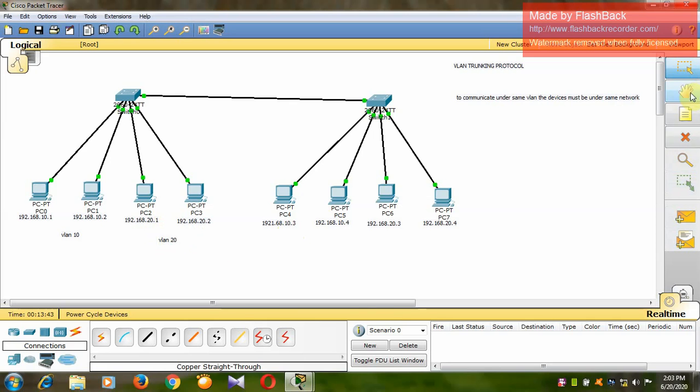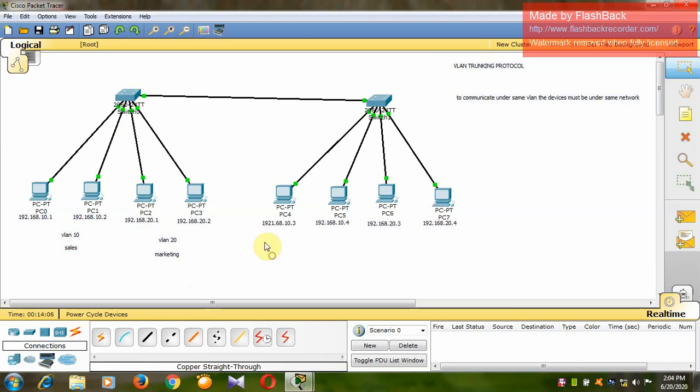I have named this one sales and this one marketing, right? So these two PCs are under one VLAN, sales, and these two PCs are under another VLAN, marketing.